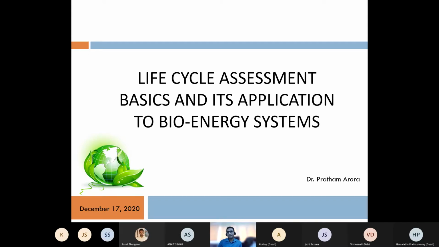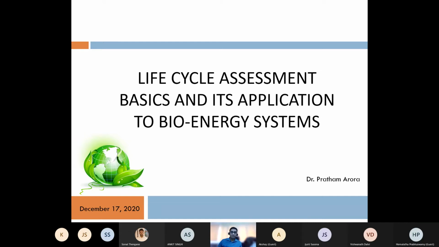So in this class we'll try to understand what life cycle assessment exactly is, what data or what results it can give us, how far we can believe the results, or whether there are any results that we need to neglect. So these are some of the topics that we are going to discuss, and some of its applications to bioenergy